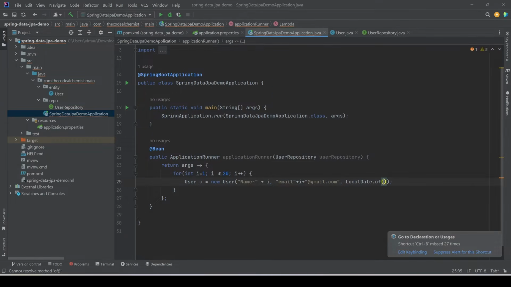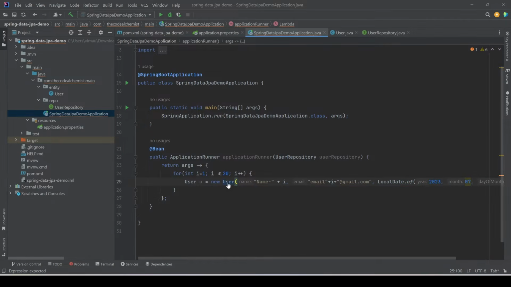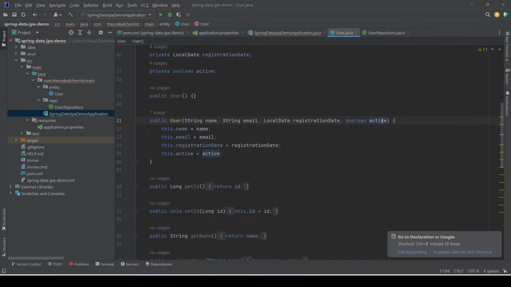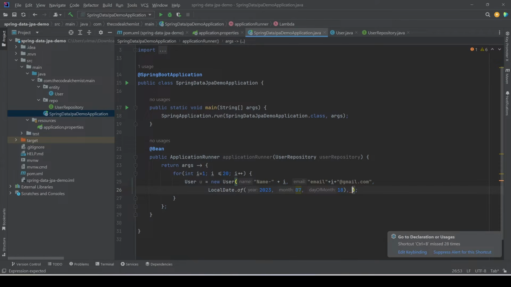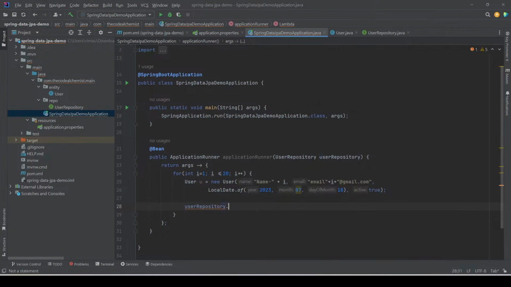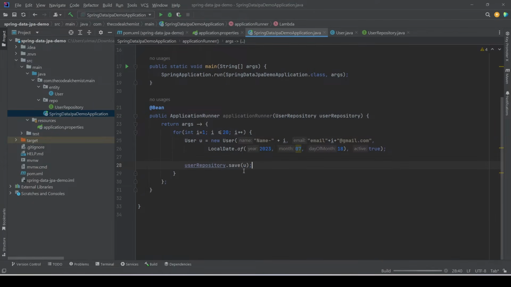LocalDate.of, year, month, and date. And the next argument is active, so let me say true. By default, all the records are active. And inside this loop, we also need to save the user object. So we can use the repository to save individual user records. We can also create a list and call saveAll, and we can pass the list of entities, but this will also do. And if we run the program,